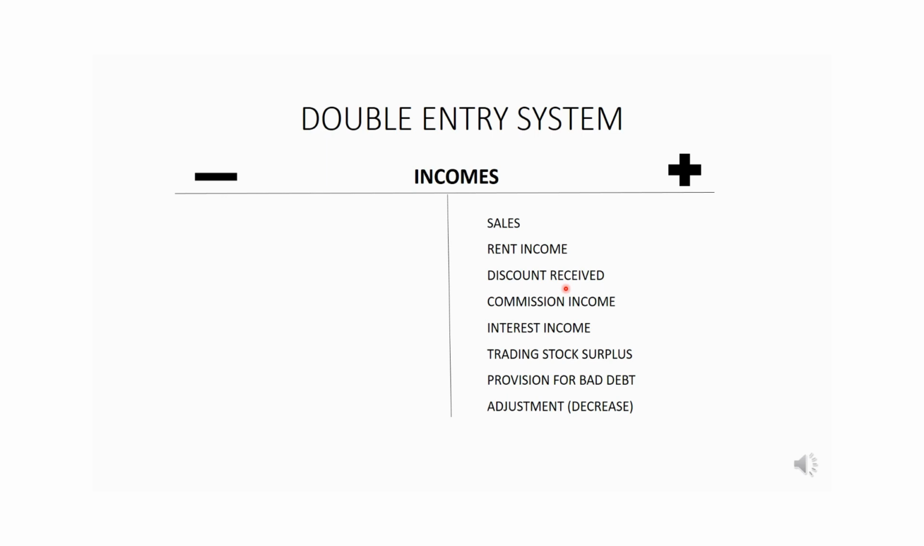That is how we're supposed to treat our discount received. Commission income. Commission income is where we are an intermediary or a middleman. We have introduced a particular company to its customer. Then once this transaction is successful, we earn a commission income, an income for the purpose